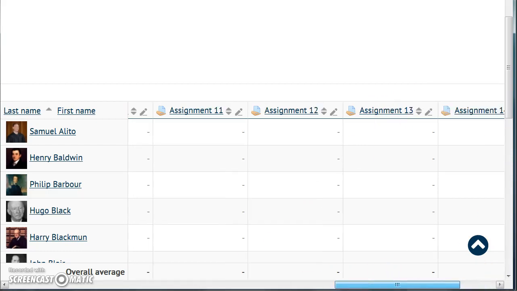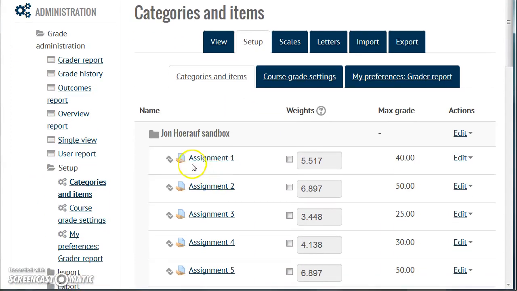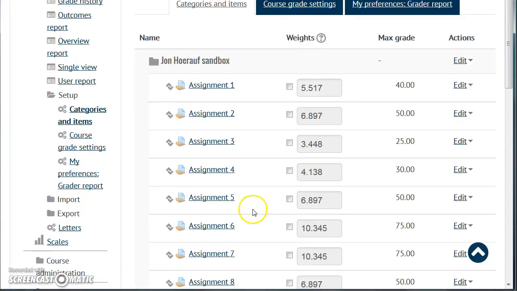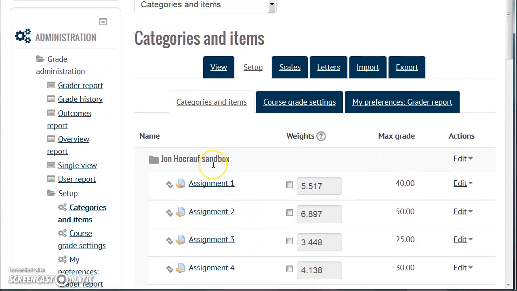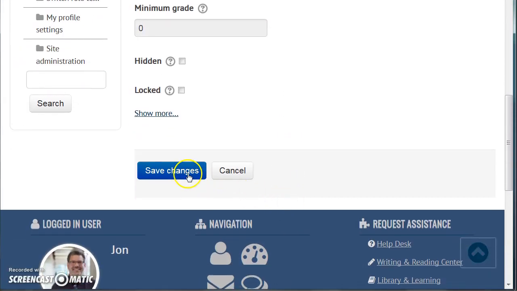To do this, I go back into my gradebook and I click Setup. And in that tab, what you'll see is this folder that contains all of your grades. Now, you may have more than one folder, and just note if you do, you need to do these following steps in each folder. In this folder that has all my assignments, I click Edit and Edit Settings. Right in here, I have the Exclude Empty Grades, which is marked by default. If I uncheck that, go down to the bottom and save the changes,